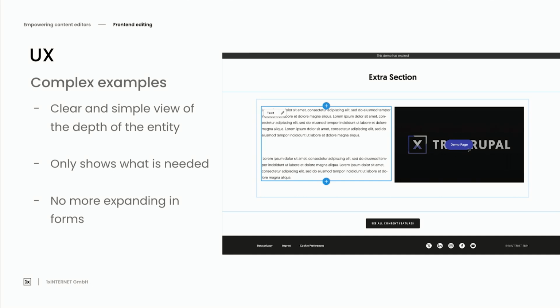We don't need to be concerned with all of this irrelevant information and fields, as we saw before with the accordion item and accordion paragraphs. We don't really need to be concerned with all of this extra information, all these extra fields, especially not to less experienced content editors. And it's really good to just allow us to make these changes on only the things that we need without having to worry about these other sometimes unrelated settings. And once again, no more expanding forms, no more having to scroll up and down to find the content that you actually need to edit.